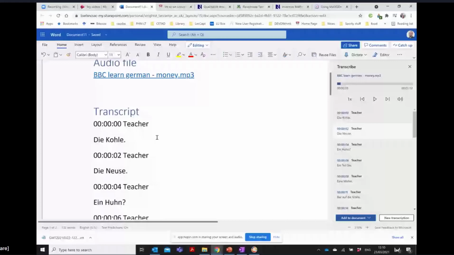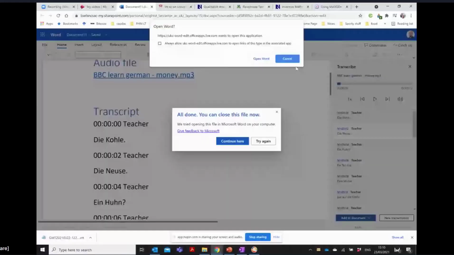So it has added a timestamp that is usable, it has added a speaker label that is usable, and it has added the transcribed text. This is nearly ready to be brought into MAXQDA, but you will have to do one step, and you need to do this in the desktop app. So if I open Microsoft Word, which inevitably will open on the other screen,